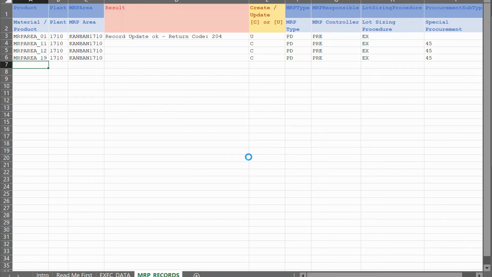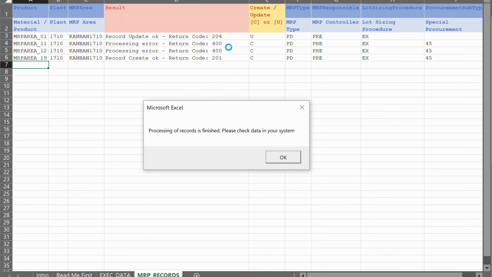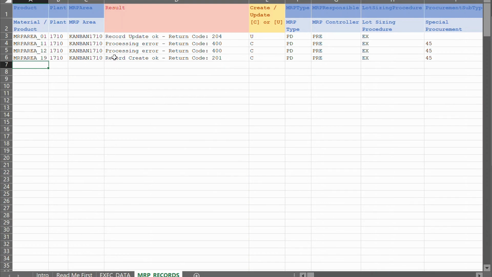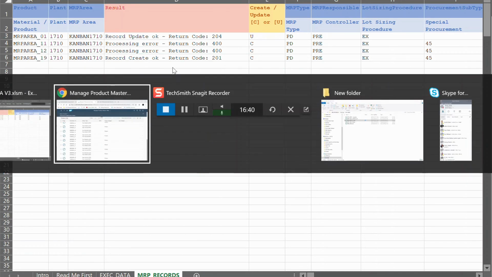So the update, I haven't changed anything, but the API has still been invoked. These other 2 are still in error because they already exist. And then the last one, you can see it says record created OK, return code 201. That's usually a good sign. So let's go into